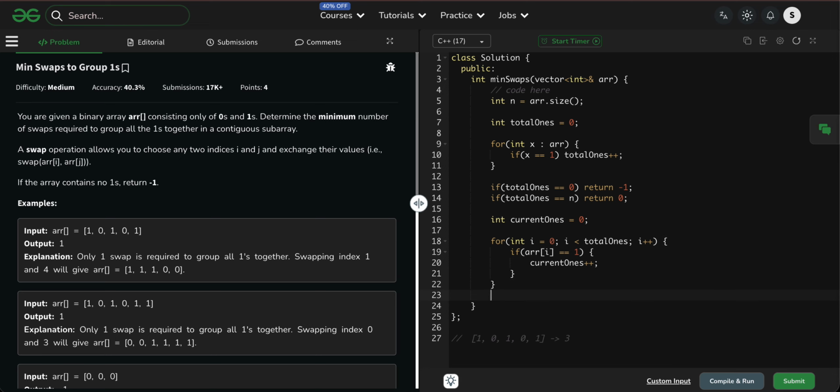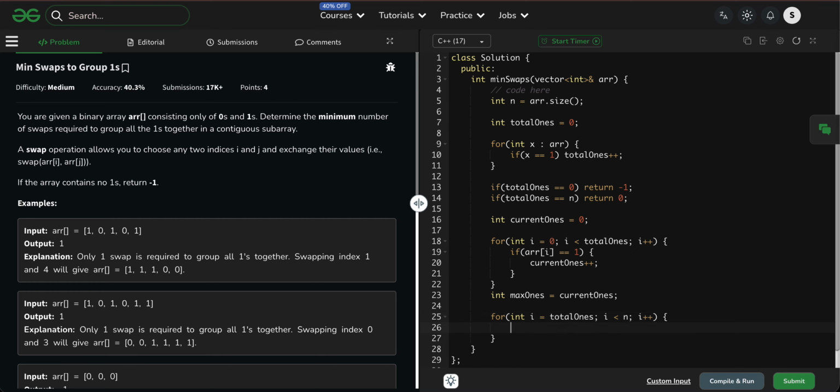Now int max ones is equal to current ones. So for i is equal to total ones, i less than n and i plus plus, right.